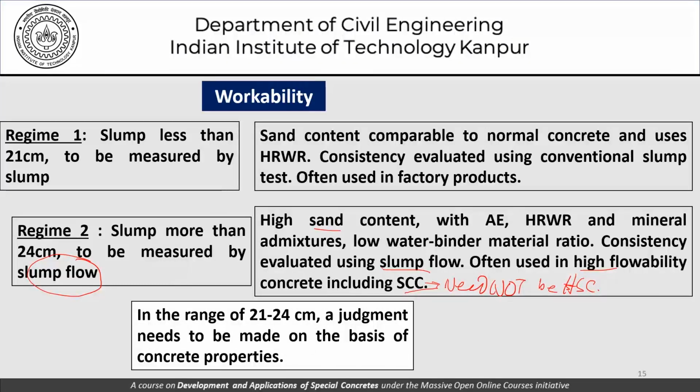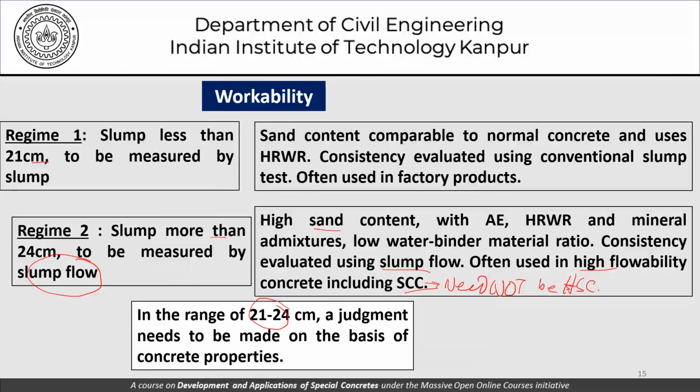In the range between 21 to 24 centimeters, see, here we talked about less than 21 centimeter slump. Here we are talking of more than 24 centimeter slump. So in the intermediate range, that is 21 to 24 centimeter slump, a judgment needs to be made, and the right kind of test, whether we use the conventional slump test or the slump flow test, needs to be determined, or a call needs to be taken by engineers on what